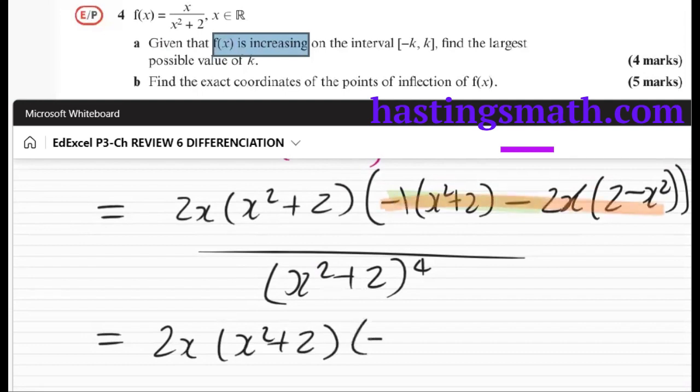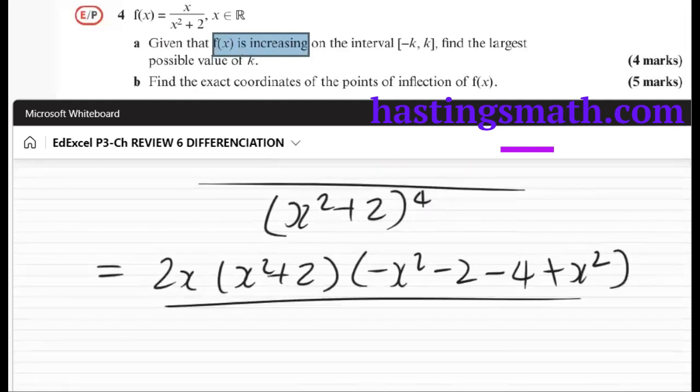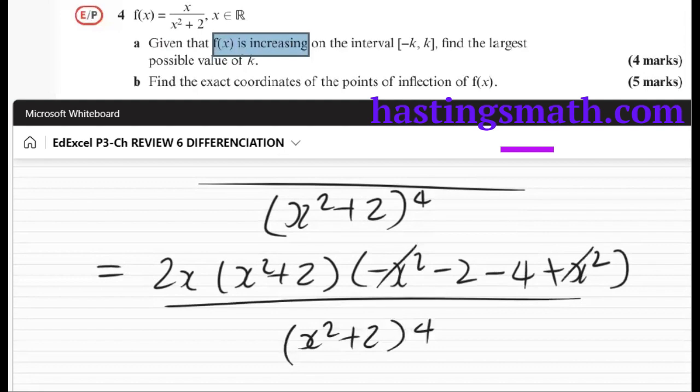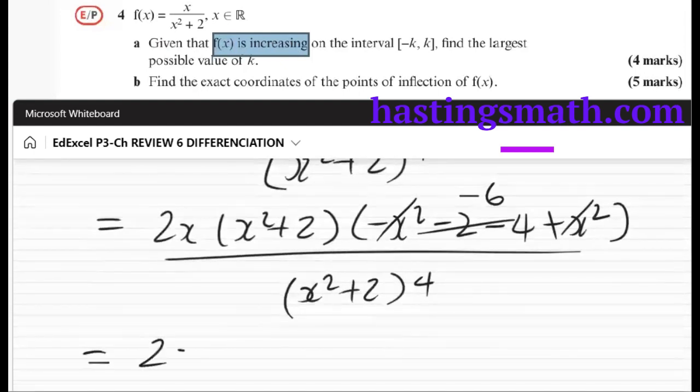So we end up with negative, let's do it like this. So negative x squared, negative 2, negative 4 plus x squared. There we go. Denominator stays the same. Our x squareds cancel out. We have, in fact, a negative 6 here. Okay. So, a bit long-winded, but these questions is going to be